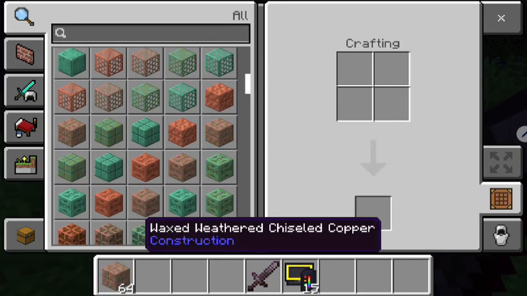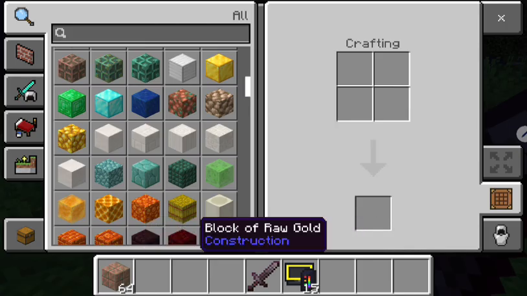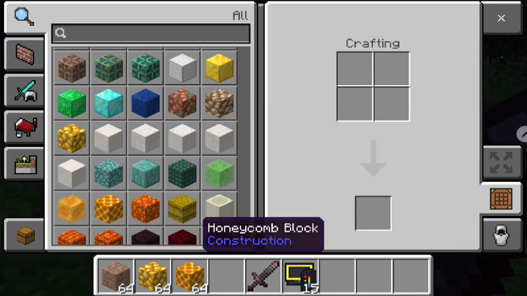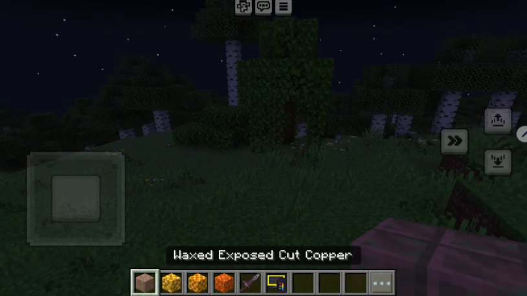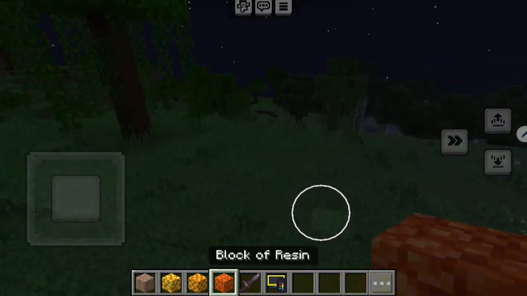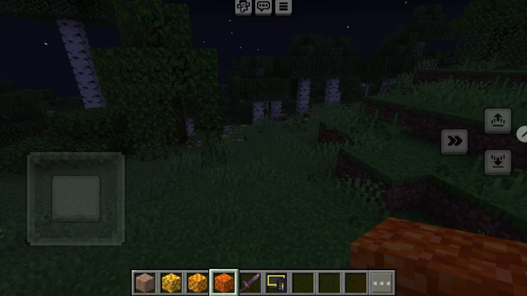Okay, we're going to need that. We're going to need that and that and that. Okay, the first thing that we're going to do, and this is going to be a little time lapse here, is